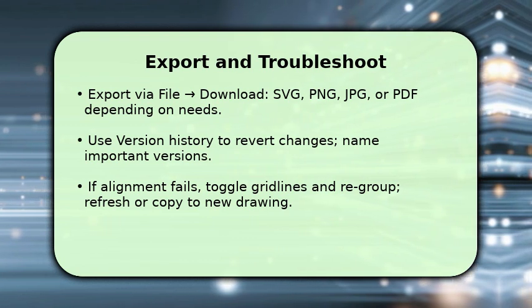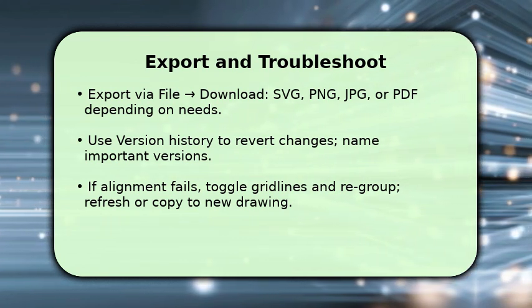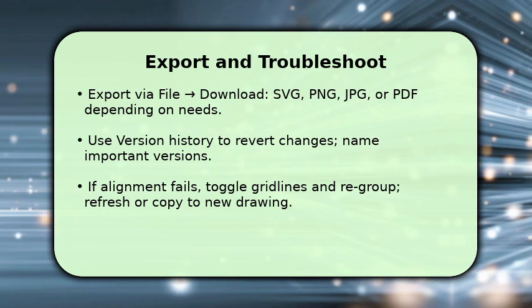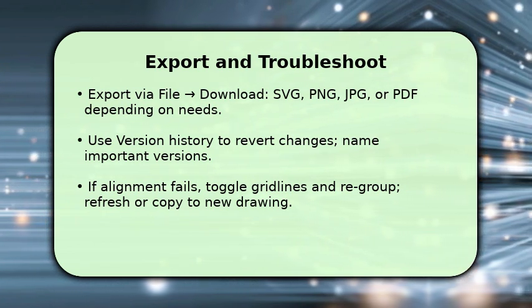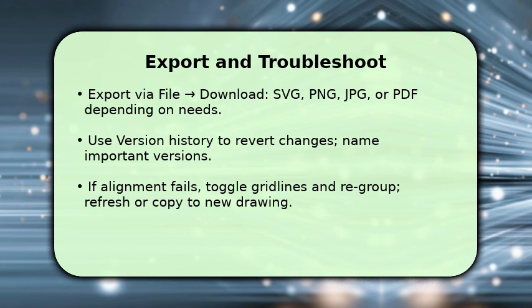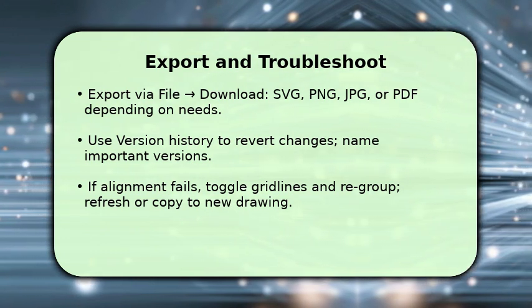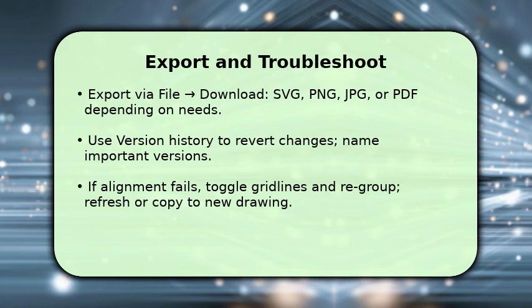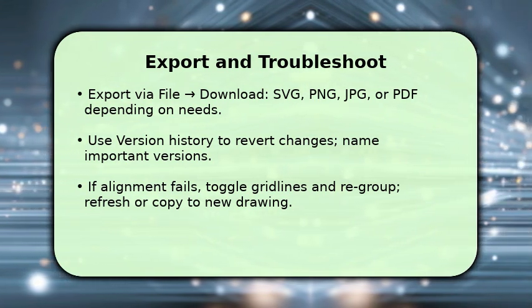Before exporting, check version history and name key versions so you can revert if something breaks. If elements misalign or disappear, make sure grid lines and snap to grid are set. Ungroup, regroup, and reapply alignment. If problems persist, refresh the tab or copy all elements into a new drawing. This often clears